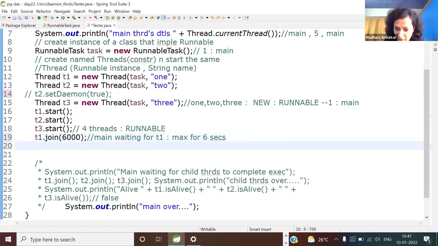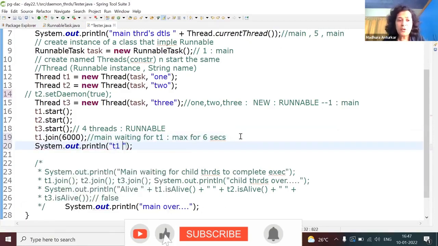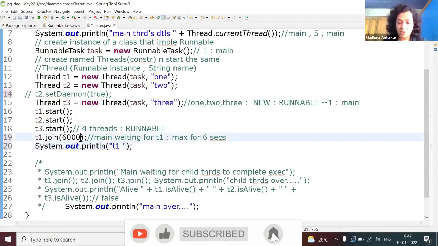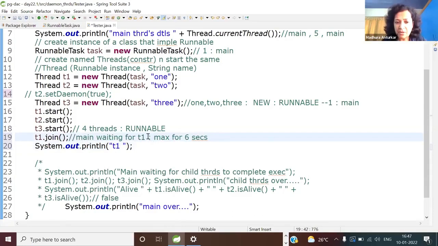Okay. And now, let's remove the confusion. You're getting confused, looks like. Forget the timeout. Main waiting for T1 indefinitely. I'm just showing you different things, but it doesn't matter. Now at least people should not be confused. I removed the timeout factor.